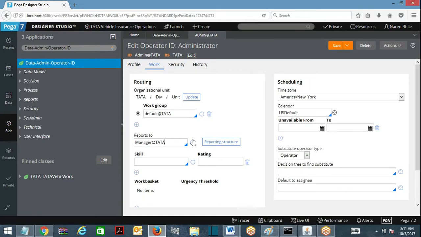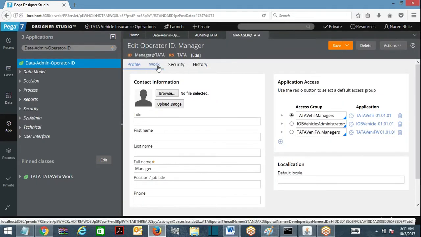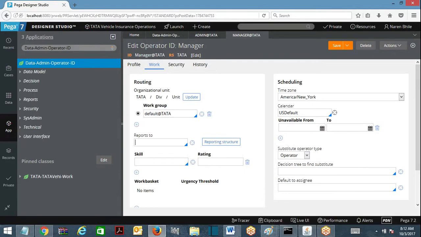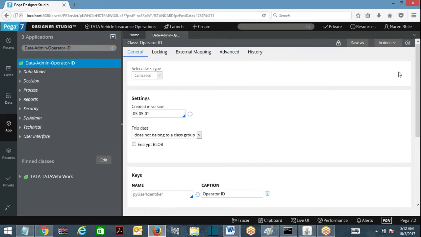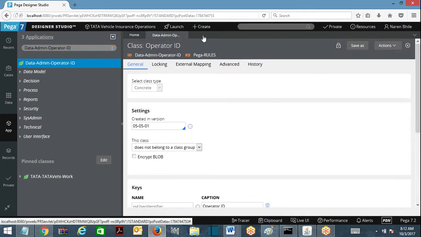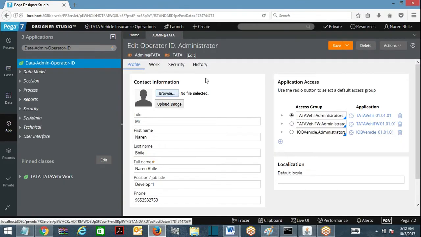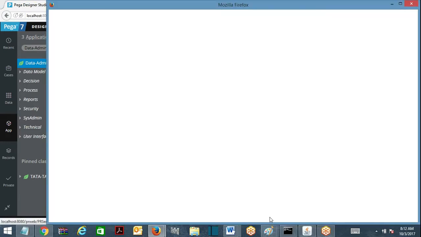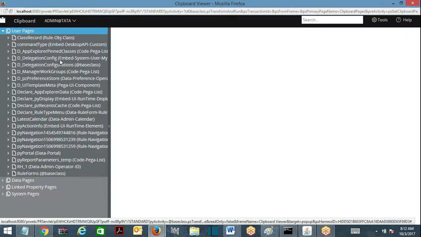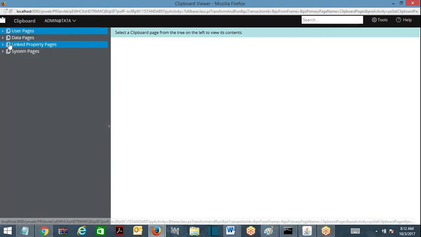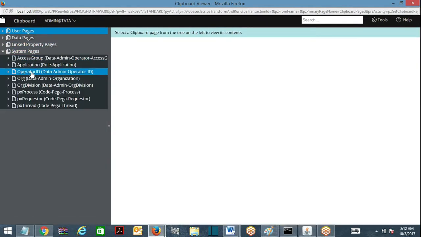Now this manager has another manager. Suppose you open this operator profile, go to the work tab, and here you can specify it. Okay, like this. Whenever you log into PRPC, the system gets the current operator details onto the clipboard, on a predefined system page that is called Operator ID.